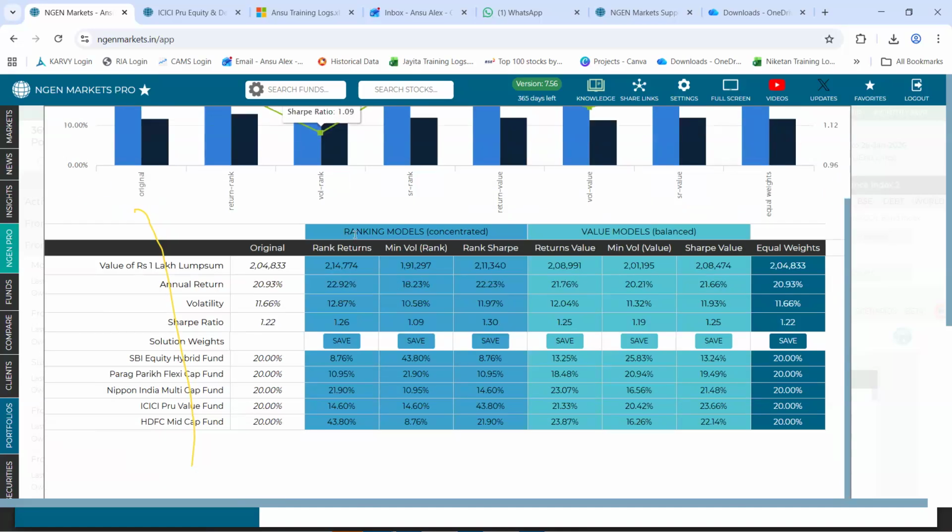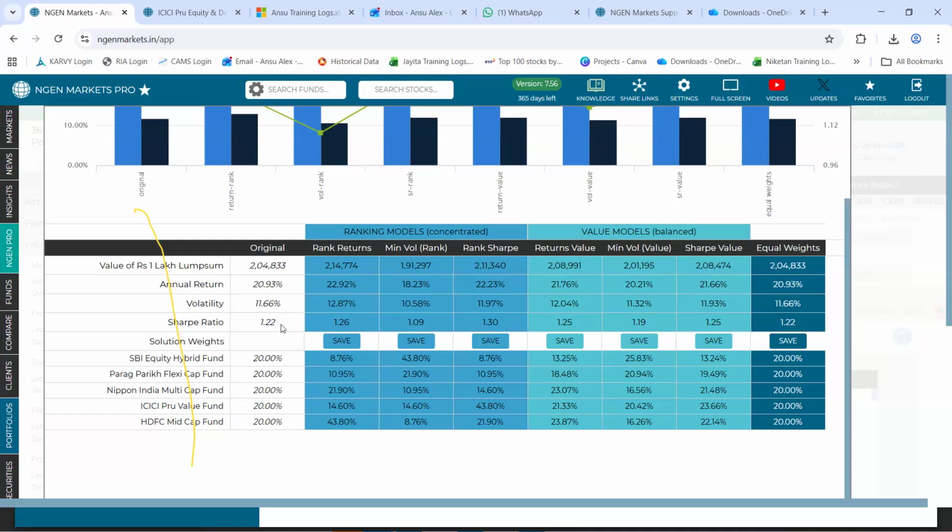So, what are the sections that you can come across? Firstly, this column called original. It is saying that basis the allocation, which is equally allocated at the moment, the annual return would have been 20.9 with a volatility of 11.6 and a Sharpe ratio of 1.22.